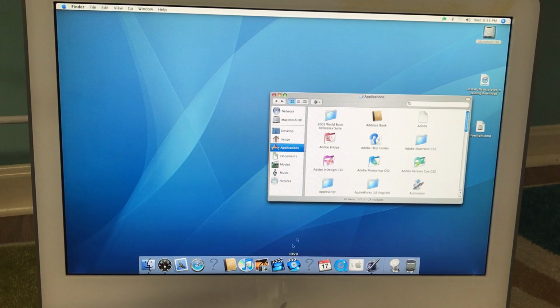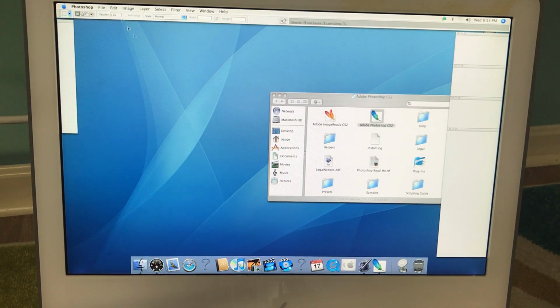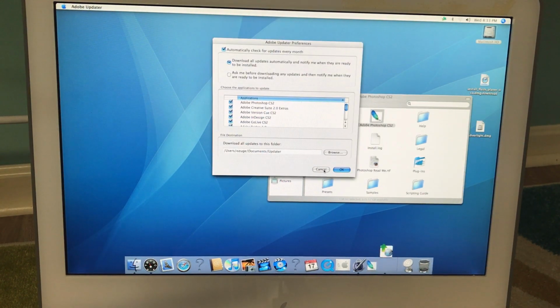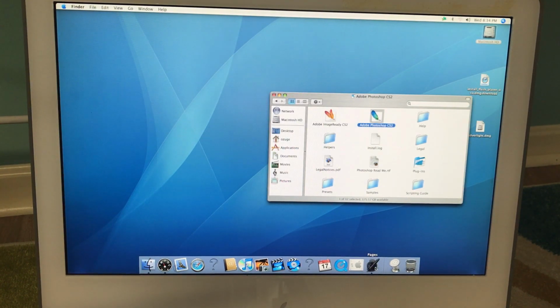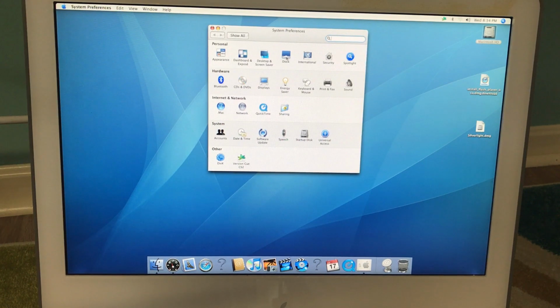I mean, this thing's nice. Not full of a ton of junk. And Photoshop, let's see. Is it gonna complain about activation, or is it gonna launch? There, yeah. It works. Quit out of that. Seems it was the first time this was launched as well. Alright, let's see system prefs. Mainly, I'd like to check out